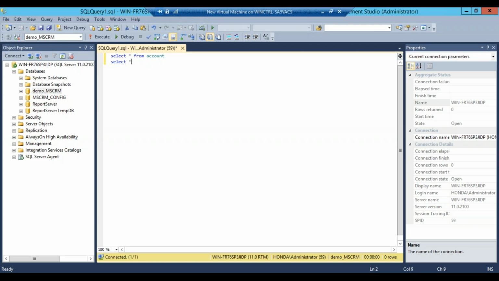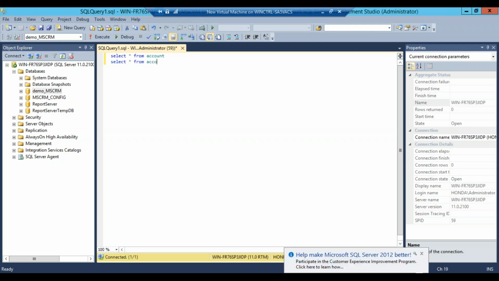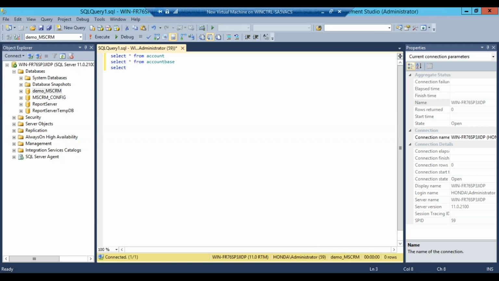Next, select star from account base. Select star from filtered account. Select star from contact base, and select star from contact.